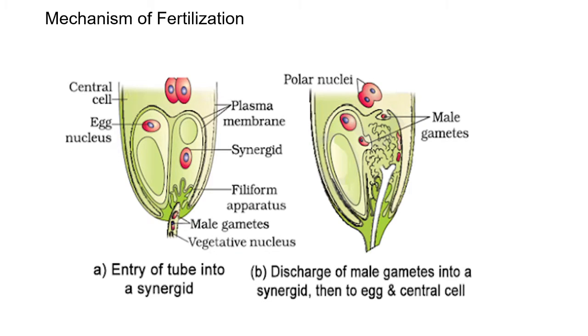The two male gametes were found to be of unequal size in Vinca, and it was suggested that it is difficult to understand whether the smaller fuses with the egg or the larger fuses with the egg. Now in this diagram, the egg cell is there, and these are the two sperms. Sperms are small in size and they are mostly unequal.